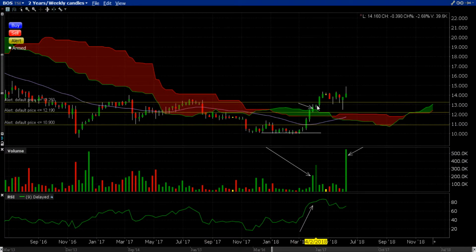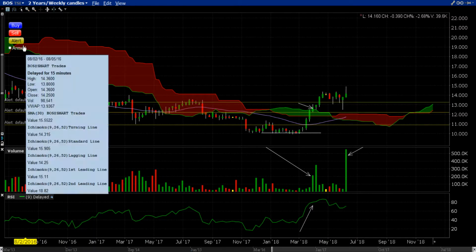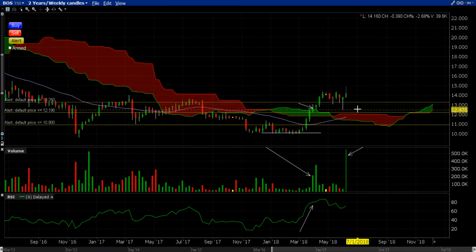And it went above that monthly defined resistance, slowed down just above it, and now 1, 2, 3 weeks going up, 3, 4, 5, 6, 7, 8, 9 weeks for the pullback. So right here, see that long wick? If we said that was our breakout candle, I like putting an alert a little bit above that breakout line where we think it was. And if ever the price action goes within it,